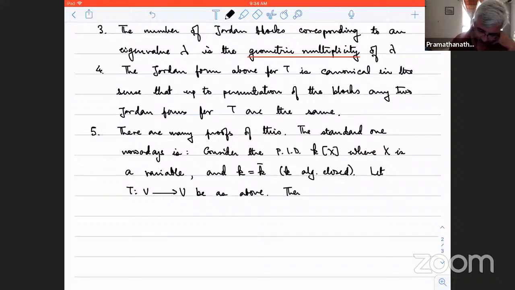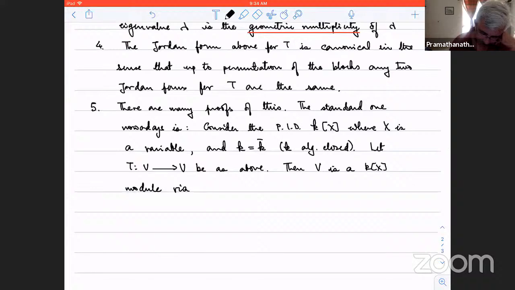Then V is a K[x] module via a polynomial, via the formula: